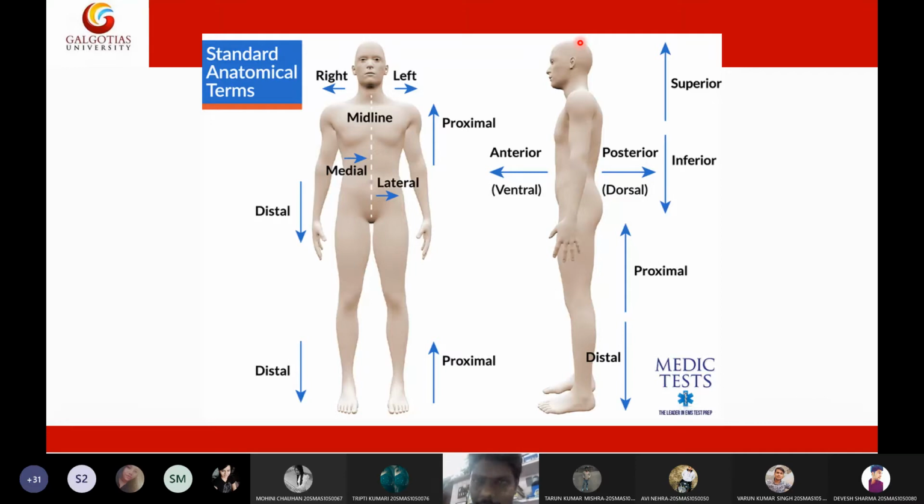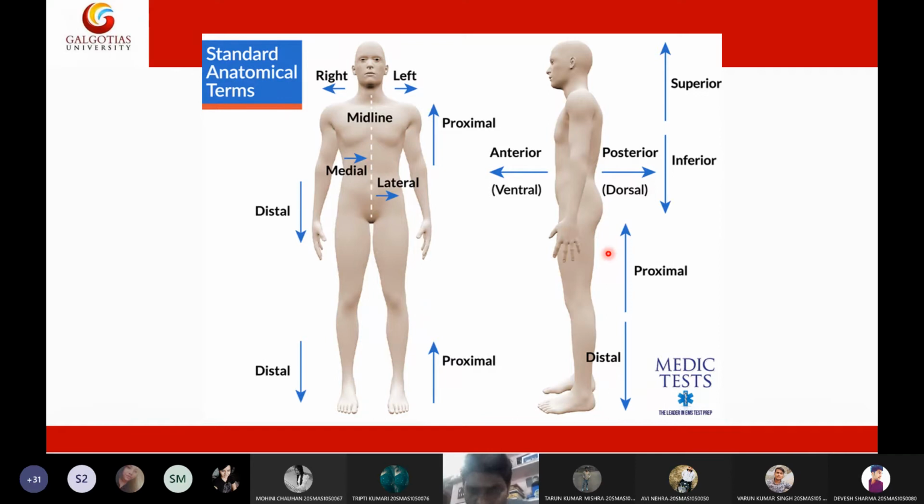And the top portion is called superior, and the bottom is called inferior. Superior, inferior. Okay, then we can also say other things like the head portion is called cranial, whereas the bottom portion is called caudal. Towards the head is called cranial, whereas towards the legs is called caudal. Cauda actually means tail, towards the tail and towards the head. Head is called cranial, whereas towards the bottom is called caudal.